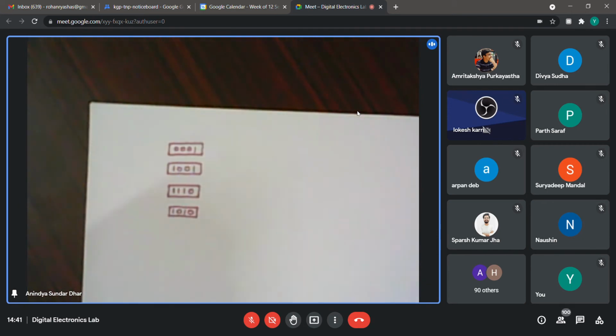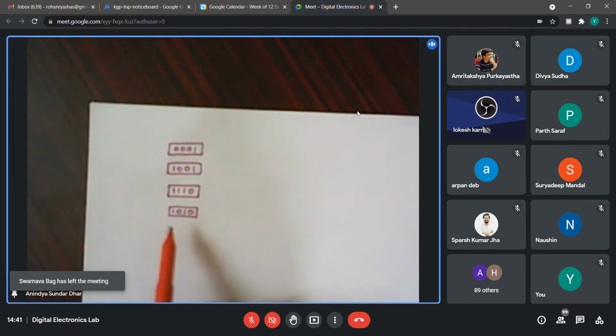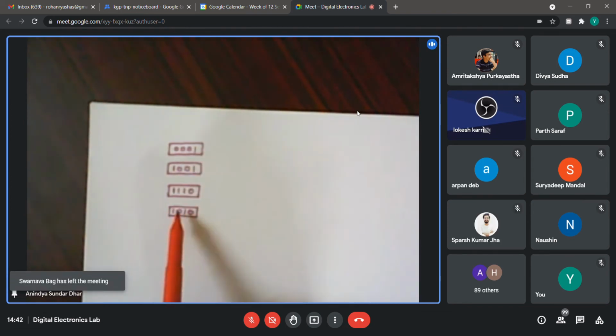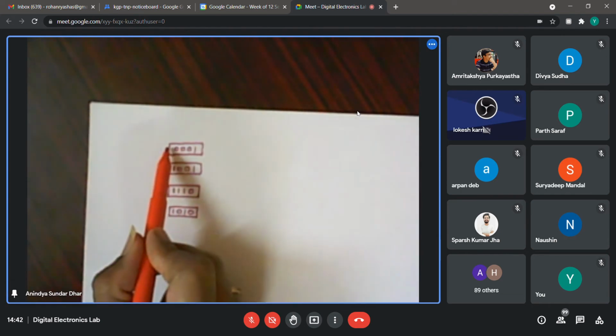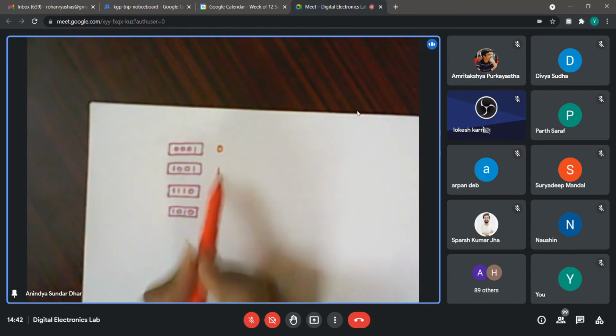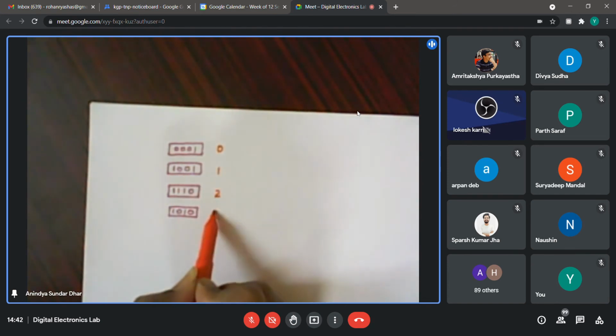Now suppose I want to tell you, okay, look at a particular register and tell me what the content is. So then what do I do? First of all, I have to identify which register I am referring to, whether it is the first register, second register, third register, fourth register, and so on. So I may number them like this: this register I may call register number 0, I may call register number 1, I may call register number 2, I may call register number 3.